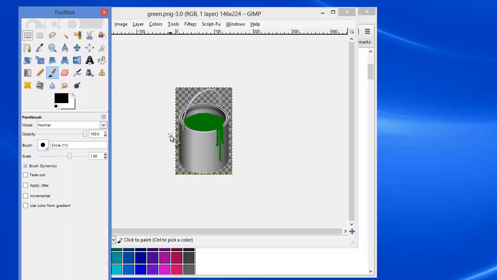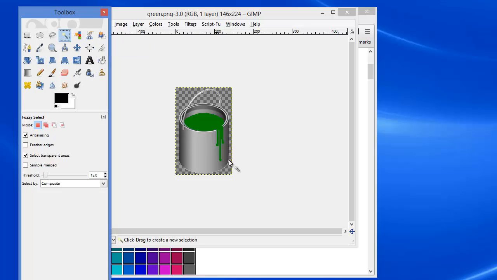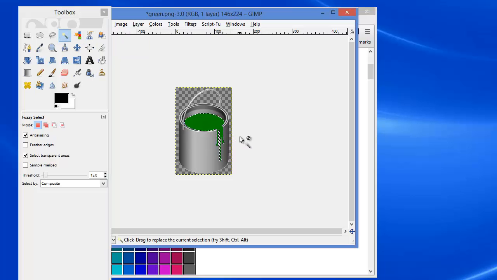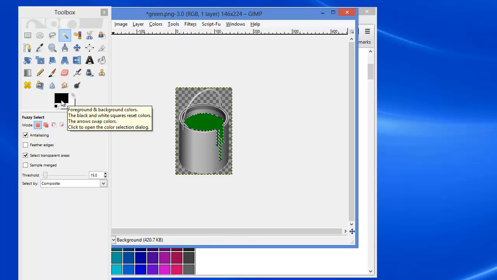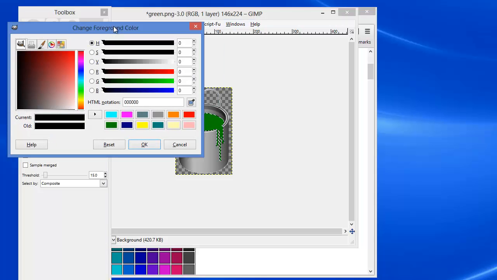In GIMP, you can do this with the magic wand or fuzzy select tool. Just click on that tool, then click on the color that you want to change, and it will select all of that color. Then go to the foreground color select button and open up the change foreground color dialog and pick the color